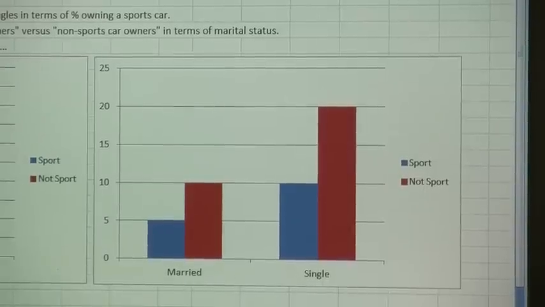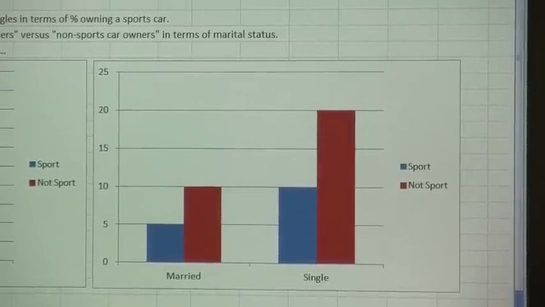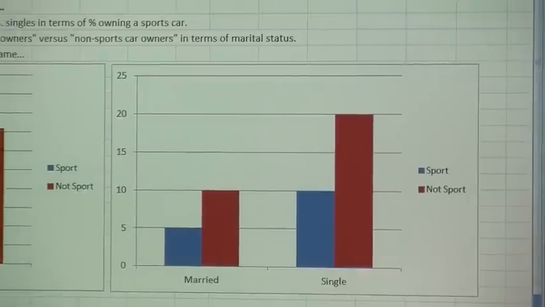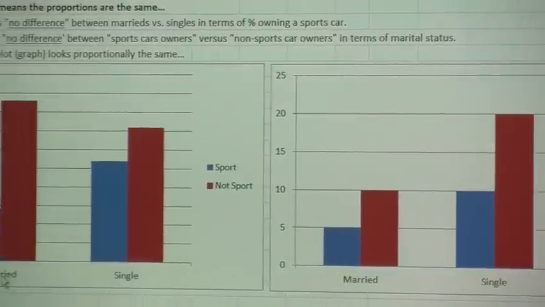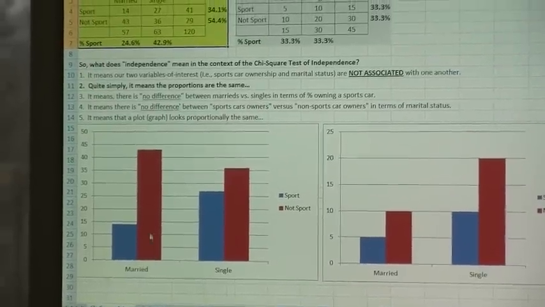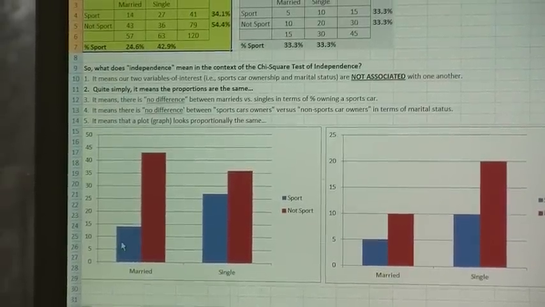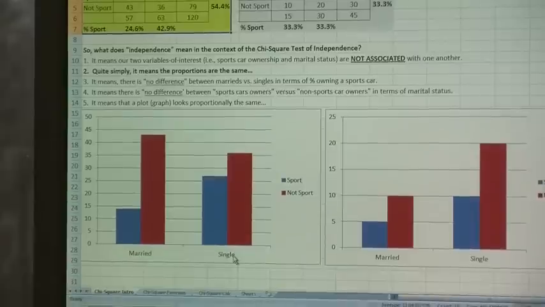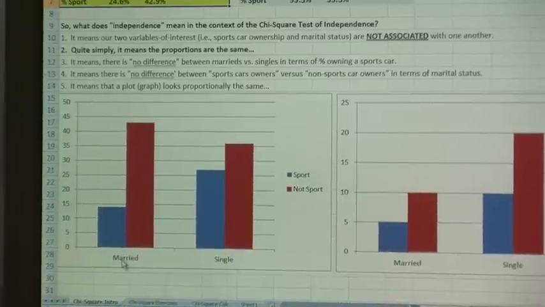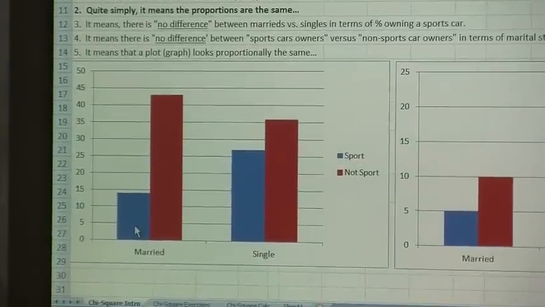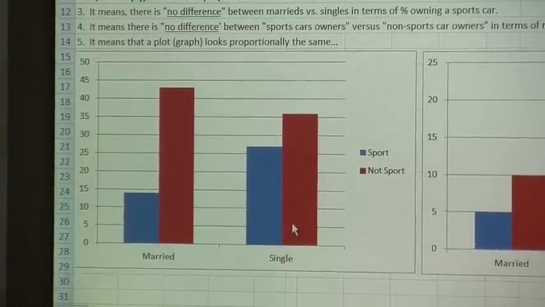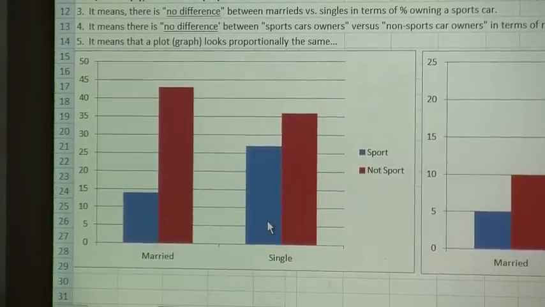Now compare that to this graph over here, and keep in mind, the graph on the left comes from this data here. You should just be able to eyeball this and see that with the married people, proportionally speaking, the brown bar relative to the blue bar is a lot bigger than that same ratio for single people. So this basically says for married people, proportionally, not very many of them own a sports car